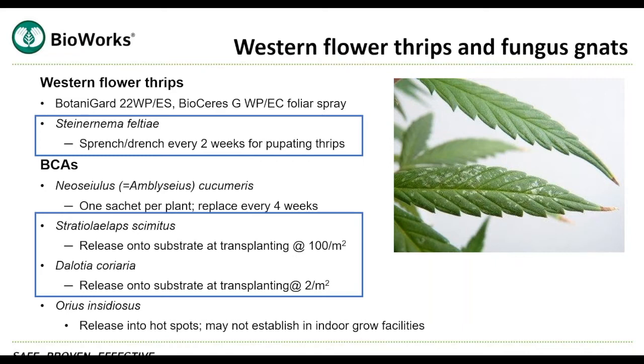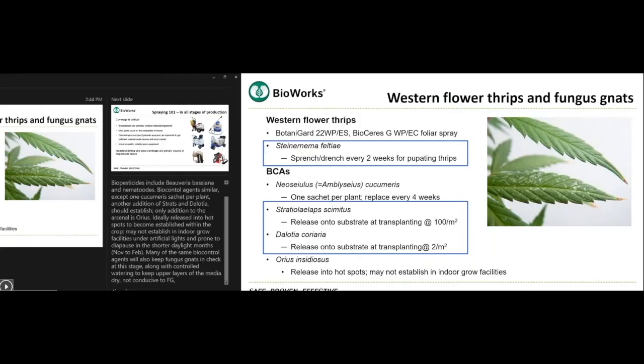And as I said previously, many of these biocontrol agents will also keep fungus gnats in check. There's nothing specific to fungus gnats in terms of natural enemies that is unique to their management. Just again, cultural practices, good watering strategies, keep those upper layers of the soil dry-ish so that it's not conducive